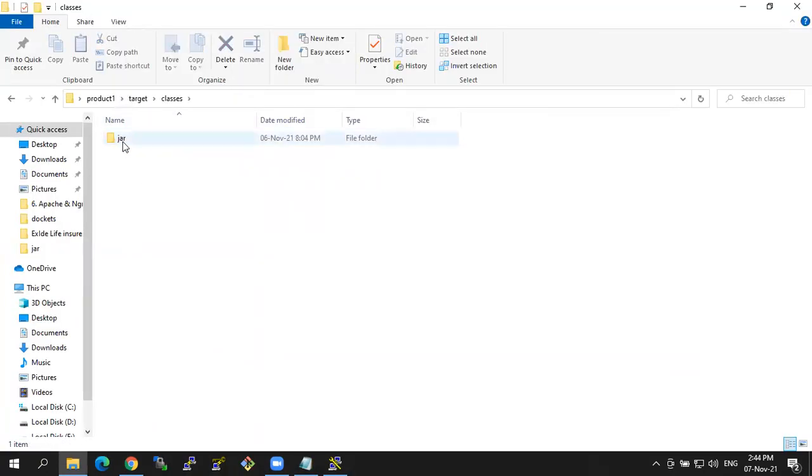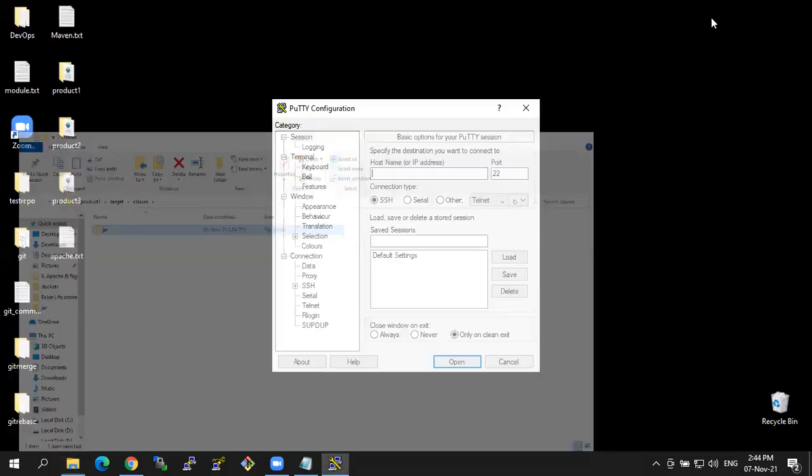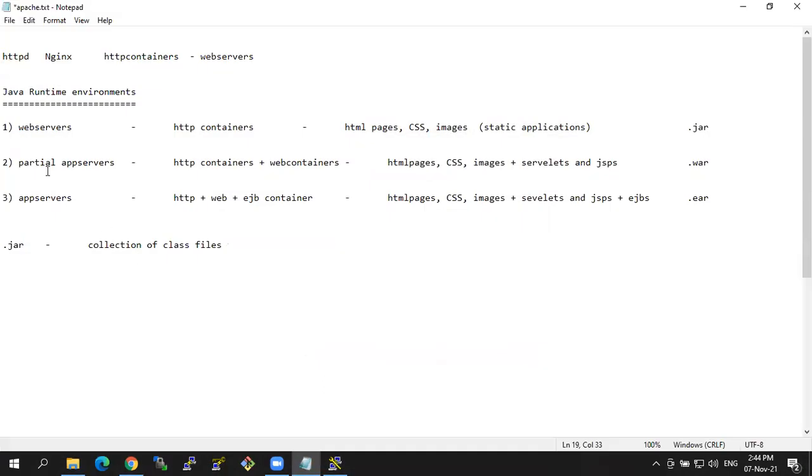So we can say a dot jar file is a collection of dot class files, or simply class files. Next, a dot war file is a collection of